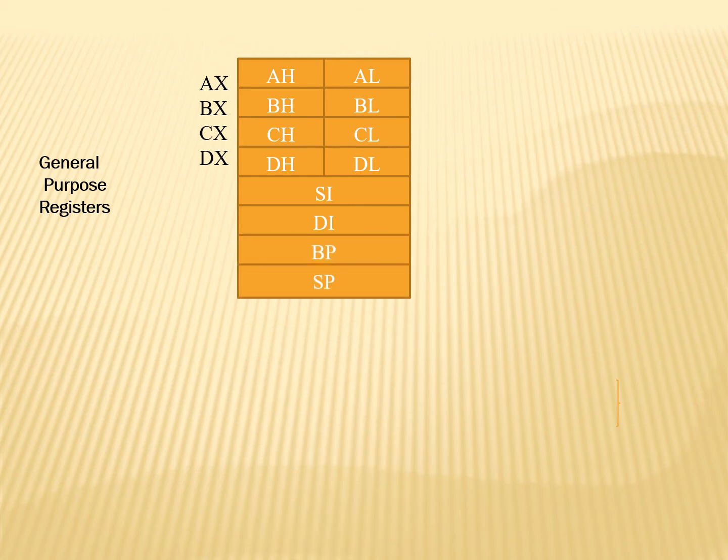And then we have the pointer registers. The two pointer registers are the base pointer and the stack pointer. The function of the stack pointer we already learned in detail in the last class. Still, as we go ahead, I will elaborate on that. So what is the base pointer? It is also a 16-bit register. It points to the data in the stack segment. The BP register is usually used for based index or register indirect addressing and so on.